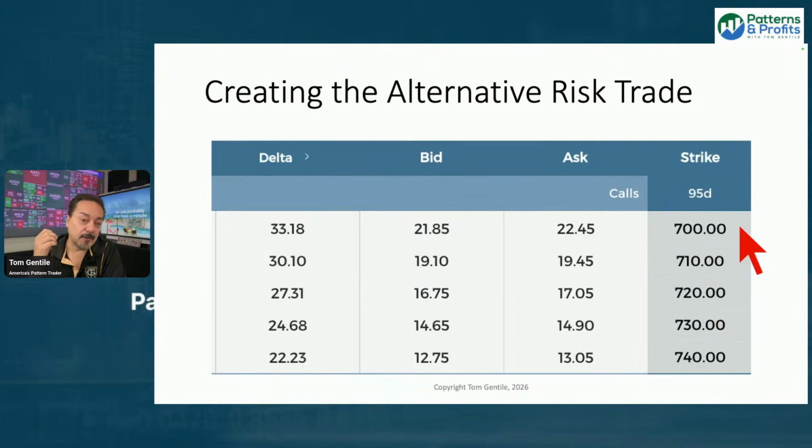Well, if my target is $730, then I only have a real expiration return target of $8 when I'm risking $22. That's not much better than buying the stock. And more importantly, my break even on the stock is where I purchased it at $630. My break even on this option would be $722, almost 90 points higher. So is there a better return alternative?